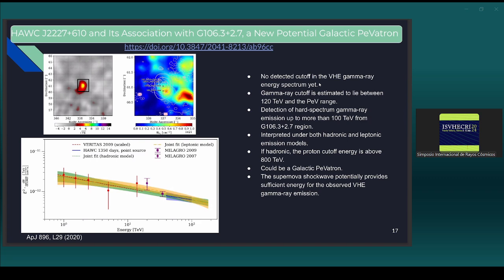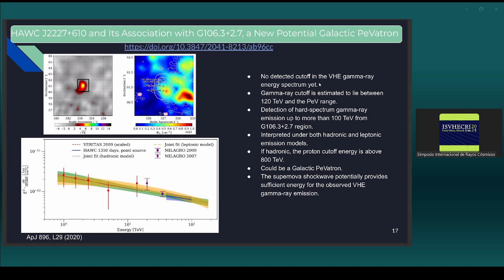So the first one is this source, J2227+6010. And this source is in a really richly populated region. I'm not quite sure how many pulsars, but I think there are 2 pulsars and also 1 supernova remnant in